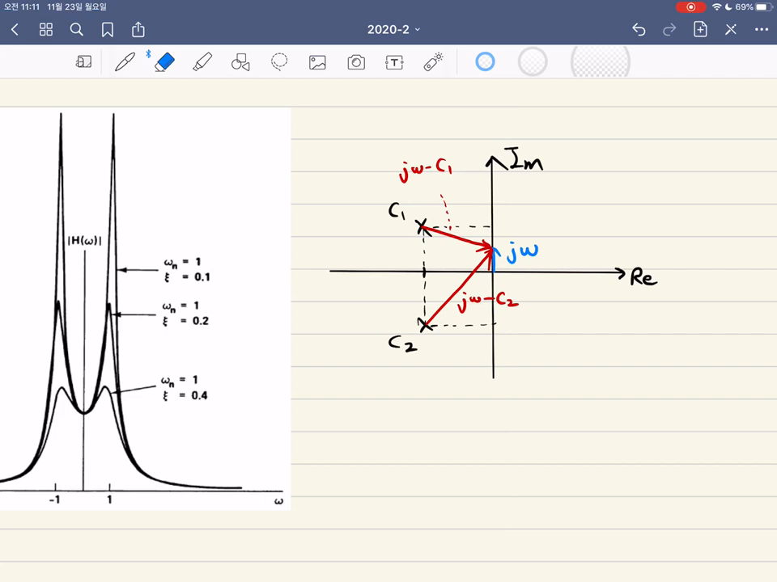And see what happens when does this J omega minus C1